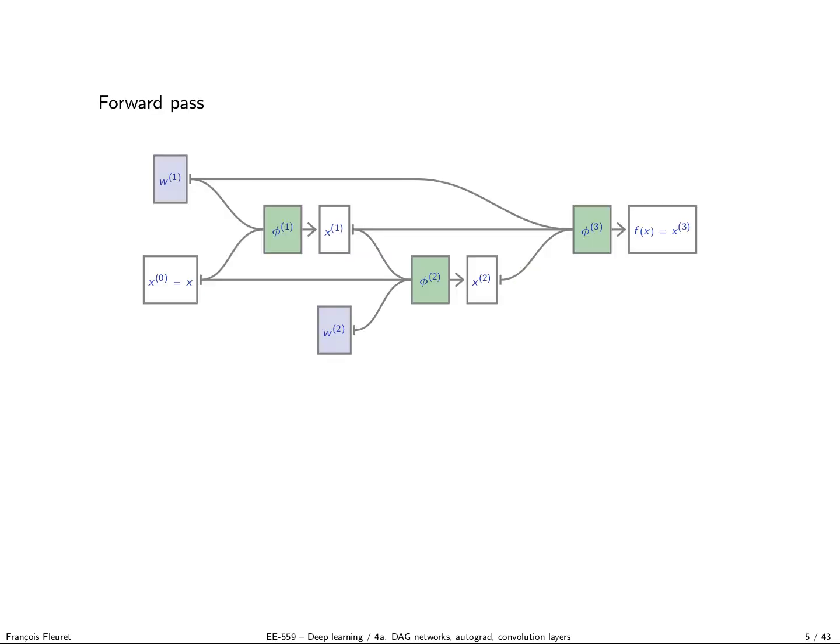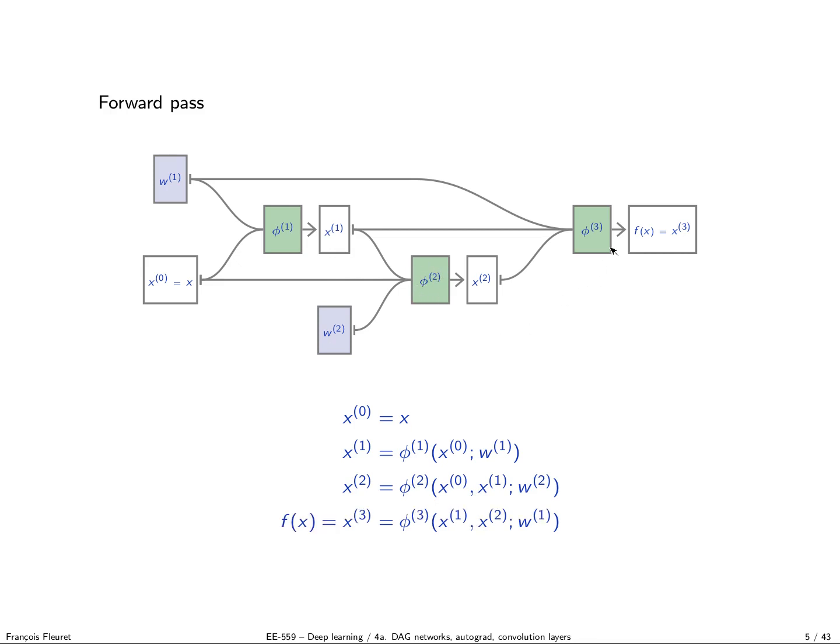Okay, so let's come back to our complicated example of an arbitrary directed acyclic graph. We have this graph, and we can compute the forward pass simply by moving forward. We start with the input to the model, which is x, and now we can compute x1, because x1 depends only on x and w1. Now we have these two quantities, we can compute this one. Then we can compute x2, because we know this one and this one and this one, so we can compute the value of phi 2. And then we can compute x3, which is the output of our model, because we know everything.